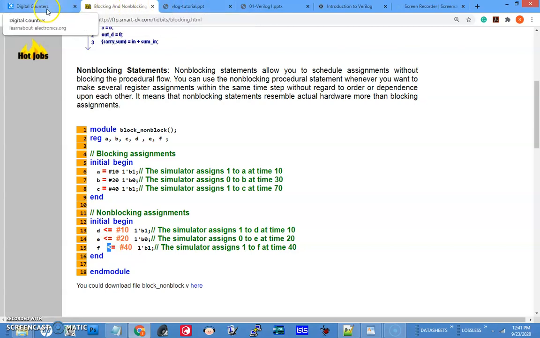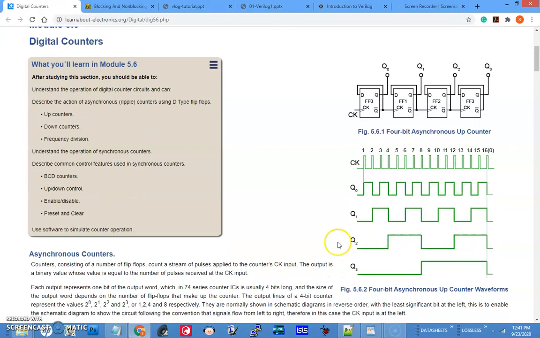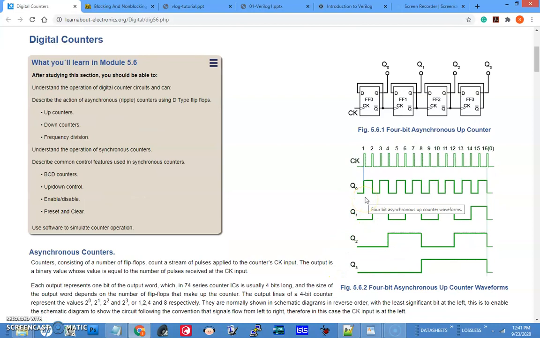So let us look at counters, digital counters. Counters have a lot of applications, as we learned in embedded systems, because timers, frequency division, PWM, everything is based on dividing frequency. Dividing frequency is actually counting. Let's say this is the clock. If you flip on every clock cycle, you get it divided by 2. If you flip on every 2 clock cycles, you are dividing the signal further. Likewise it goes. These are the outputs of the counters.